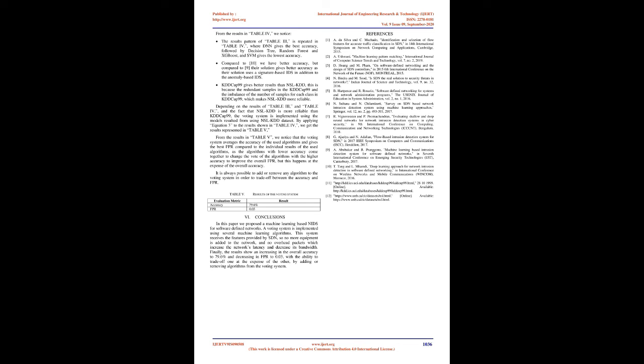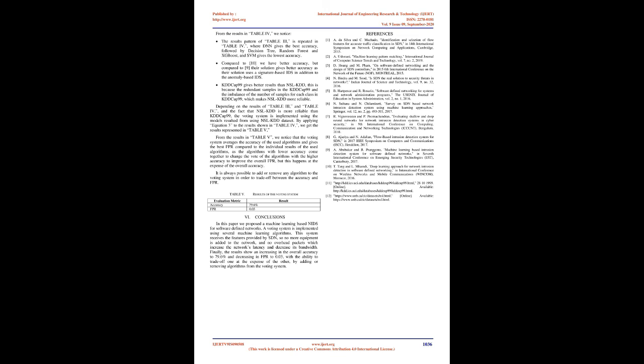Voting system. This part receives the extracted features and runs them through a set of previously trained machine learning algorithms to calculate the probability of these features being associated to a possible intrusion. The system uses machine learning algorithms that collaborate to calculate the final decision. Every algorithm predicts new samples individually, and the final prediction is made using equation 3. Depending on the results of Table 3 and Table 4, and the fact that NSL-KDD is more reliable than KDDCup99, the voting system is implemented using the models resulting from the NSL-KDD dataset. By applying equation 3 to the results shown in Table 4, we get the results represented in Table V.